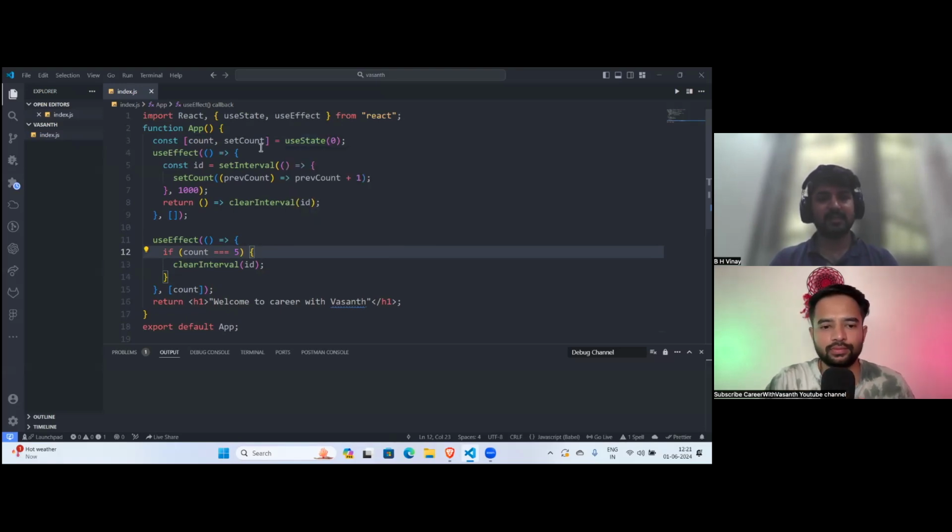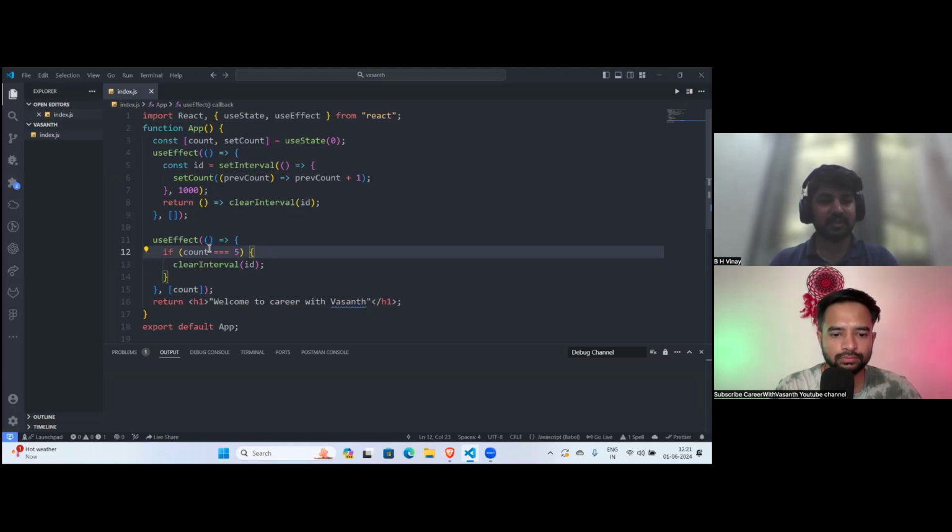So useState is declared, default value is 0, and in useEffect there is an empty dependency array, so it will run for the first time. And in useEffect, id, setInterval, setCount, okay, fine. So it will take the previous count every time and add +1. The timer will be repeating every 1 second, incrementing. But clearInterval is returned, so it will cancel itself, I think, after 1 second. So mostly the answer should be 1, I guess.